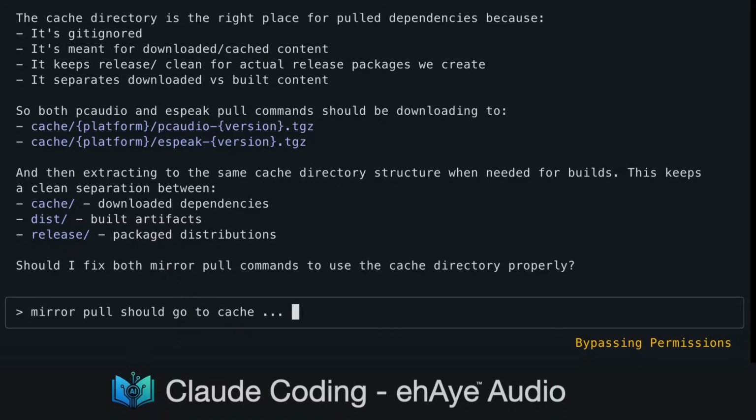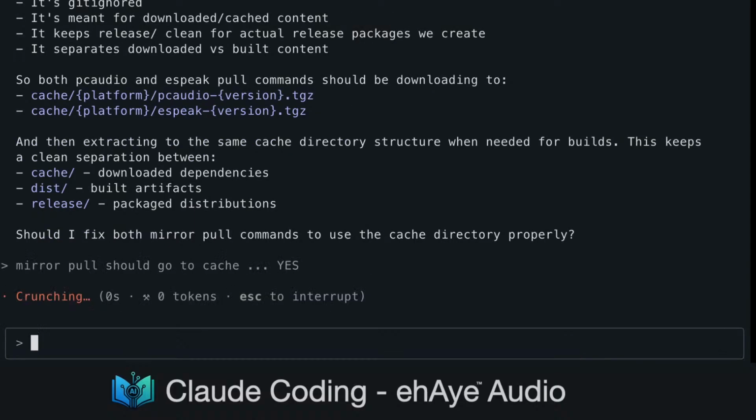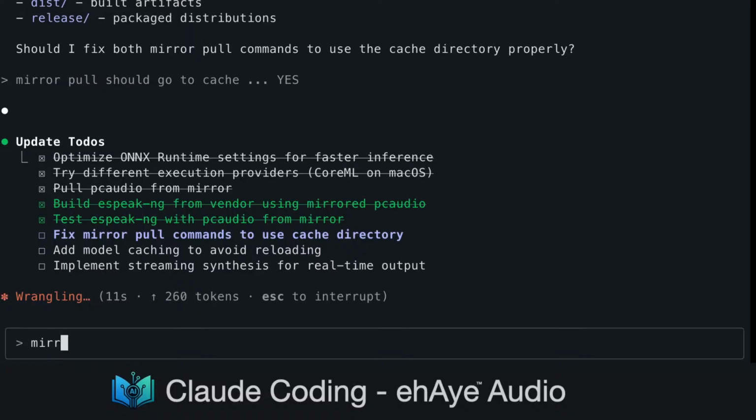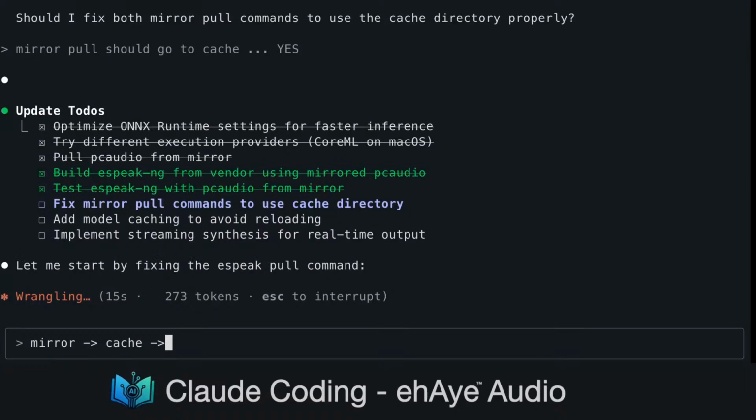Yes, you're absolutely right. Mirror pulls should go to the cache directory. Let me fix both mirror pull commands to use the cache directory properly. Let me start by fixing the SBIC pull command.